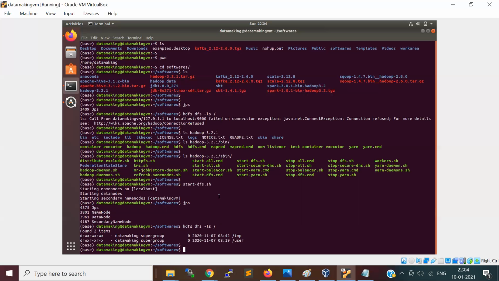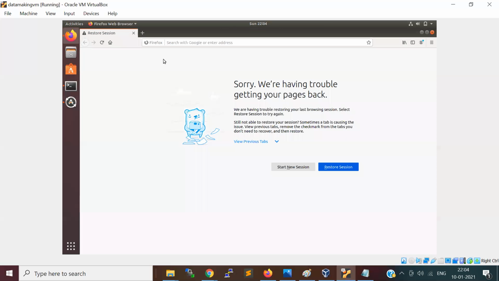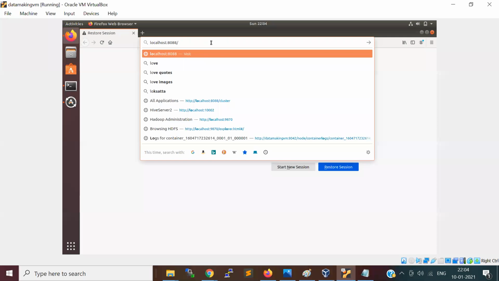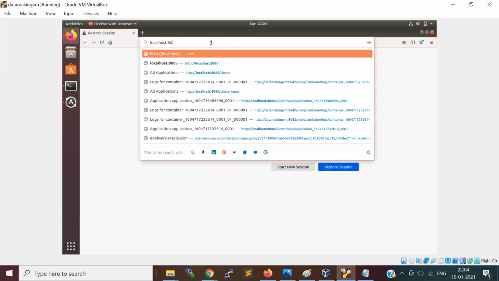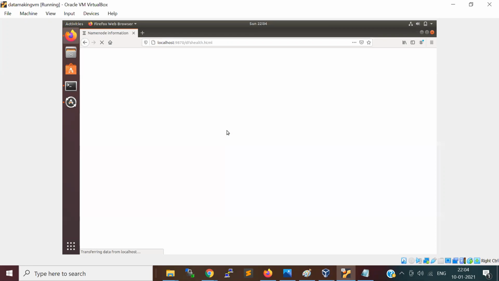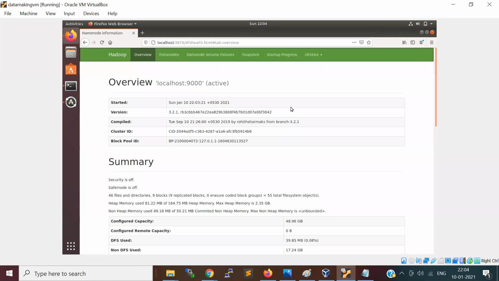And Hadoop gives one more interface, the web interface for your name node. So I can go and type localhost:9870, which is the name node web UI.